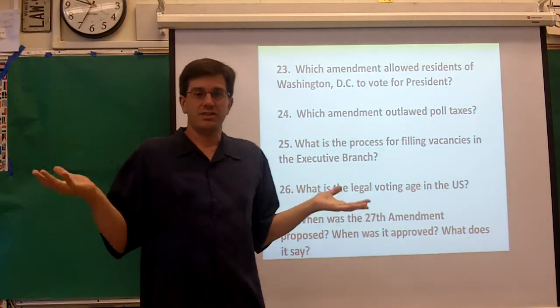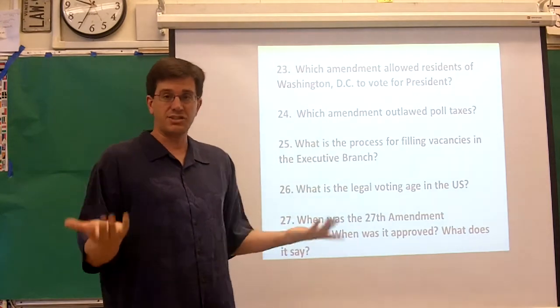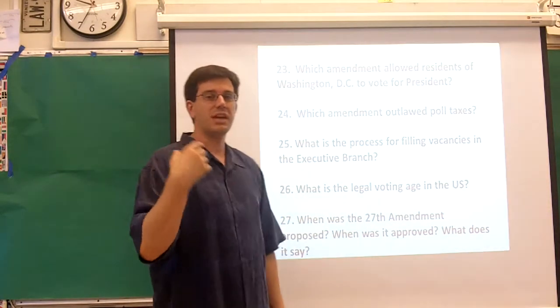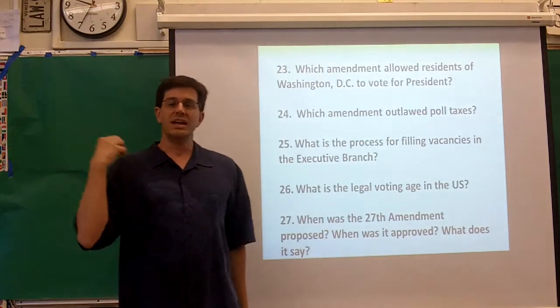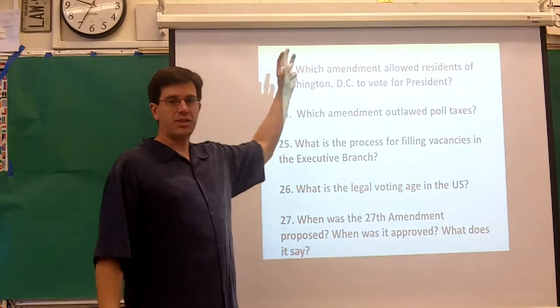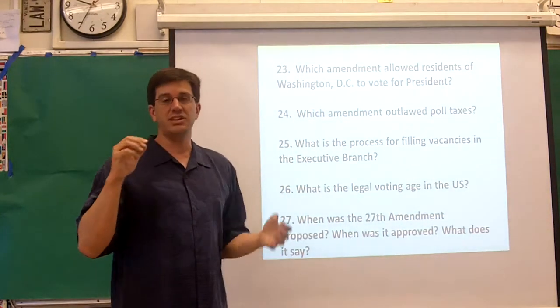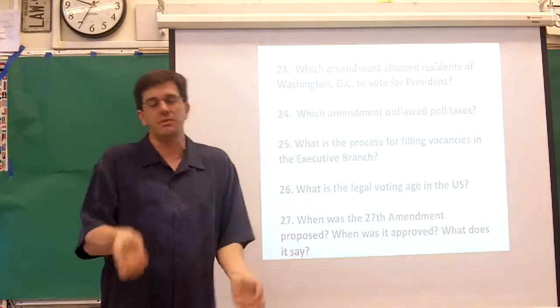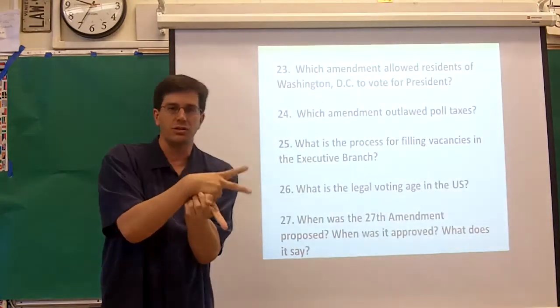Washington, D.C. citizens could not vote for president because they're not a state. So this amendment gave citizens of D.C. the right to vote for president as if they were a state. So it gives to D.C. 3 electoral votes, see 23, because if D.C. is really small, and if it was a state, it would have 2 senators and 1 member of the House, so it would have 3 electoral votes.